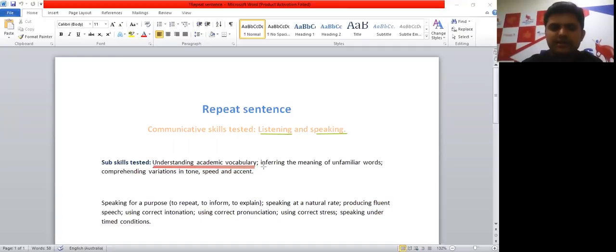So the vocabulary that a university student can expect to listen to in his or her life. So academic vocabulary would be different from the day-to-day vocabulary, and there are many examples of it, but let's say that even the phrases that you listen to would be slightly different from what you'll be doing